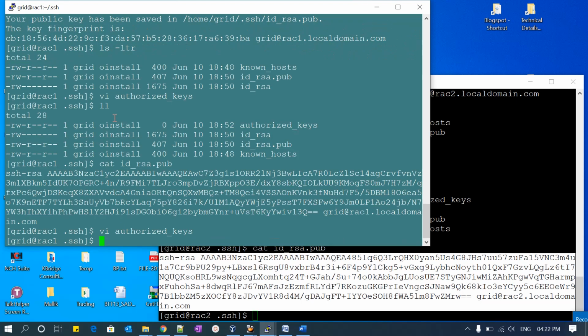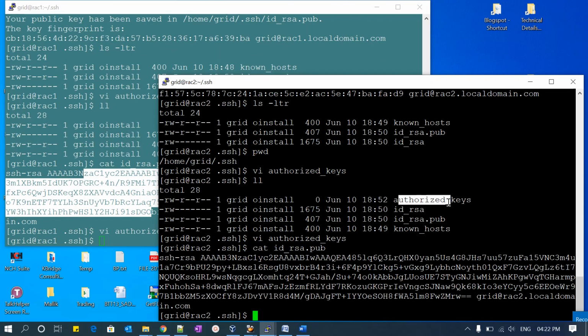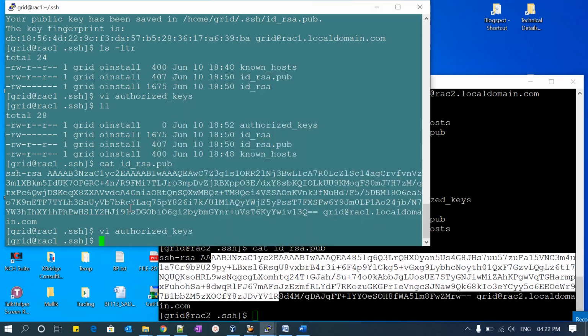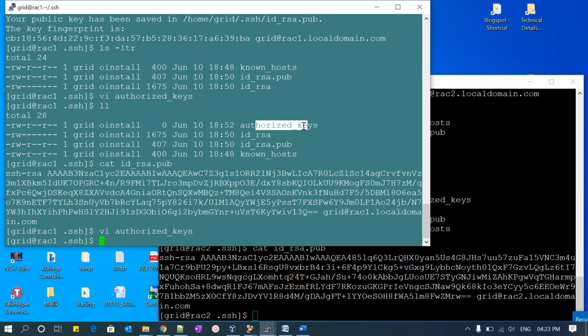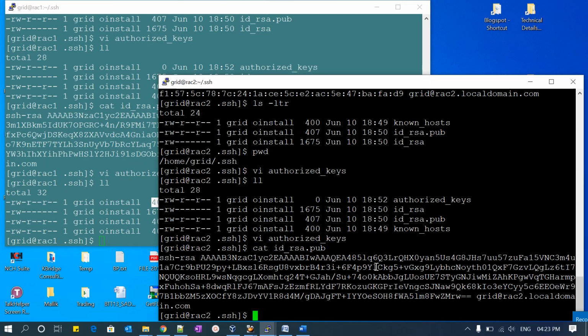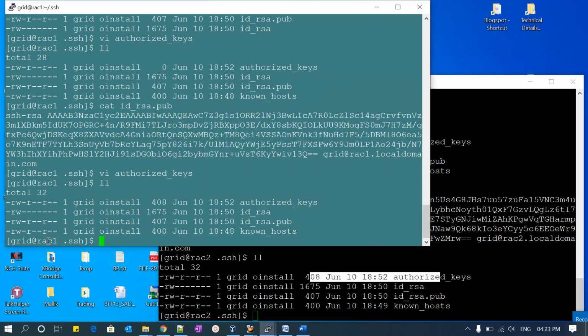Fine. Node 1's public key I added in node 2's authorized_keys file, and node 2's public key I added in node 1's authorized_keys. If you see, authorized_keys will now have some content.